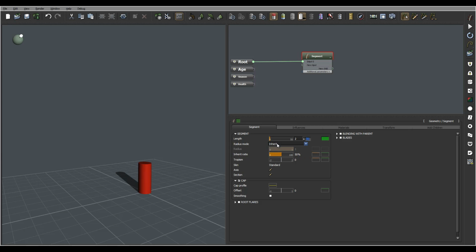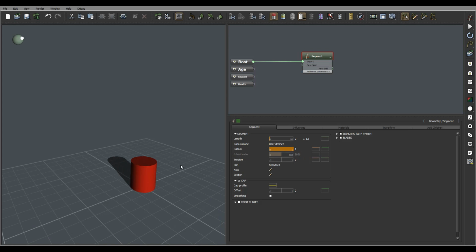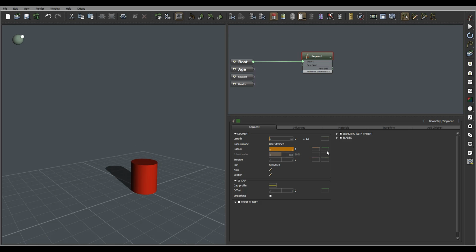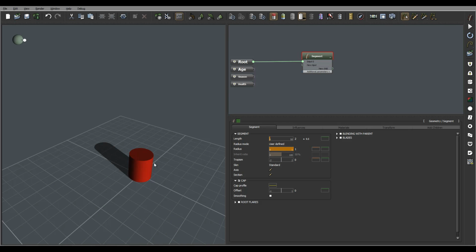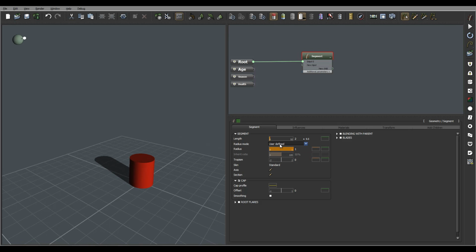We'll set user defined for this, and the reason is that I want to use the repeater to repeat, and if we're using parent, you'll see it will start decreasing. We can try different ones and see which one works. If you want a constant height or width, you want to use user defined, and if you want slowly degrading, you probably want to use the radius relative. So we'll look at both of them right now. Let's use it